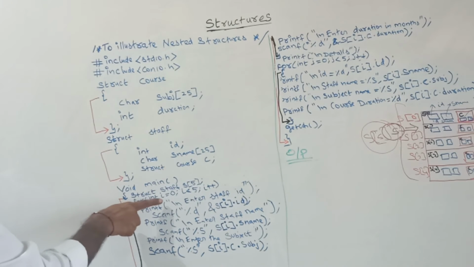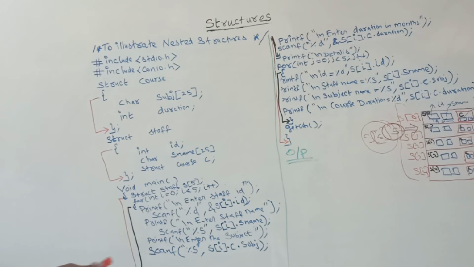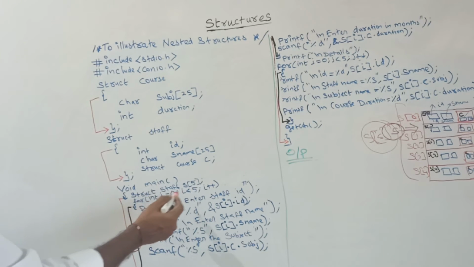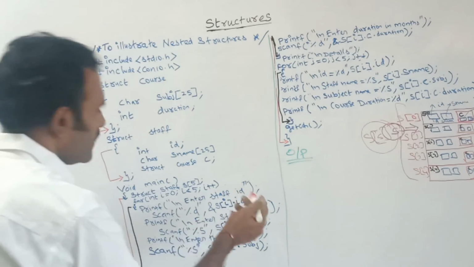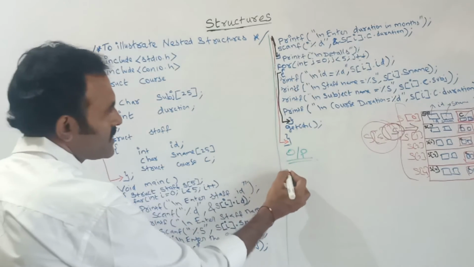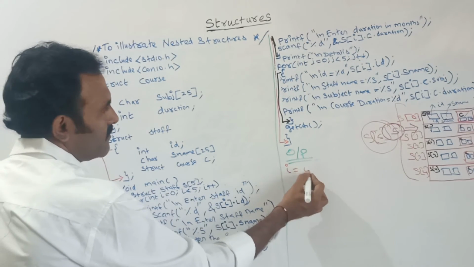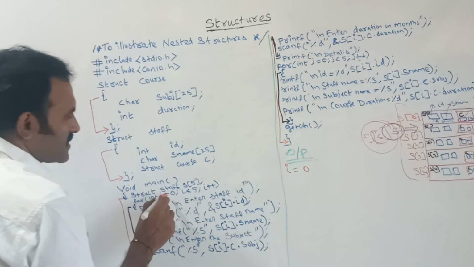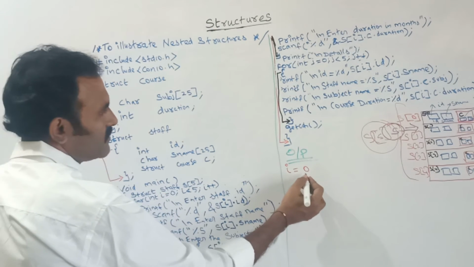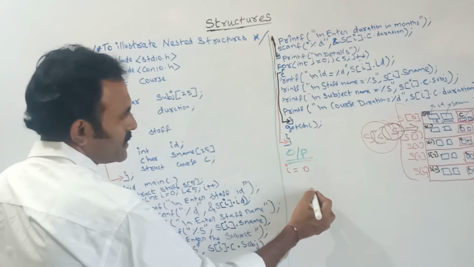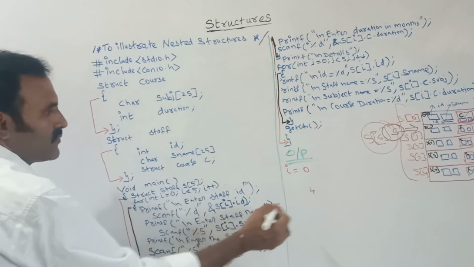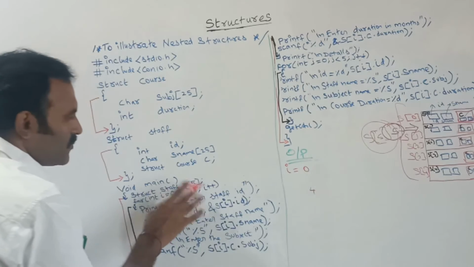Next I had used one for loop. For each and every time, the for loop runs from the initial value up to the given condition, and the iteration will be repeated. This is the I value. I starts at the initial value 0, and the condition is lesser than 5, that is 0 to 4. Lesser than 5 means up to 4. This for loop will be executed.